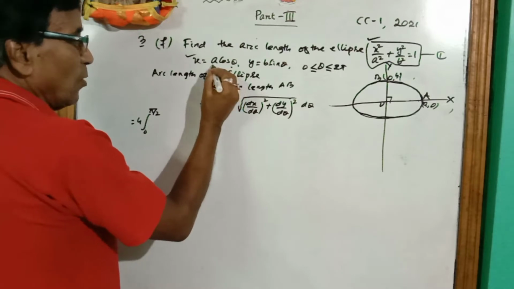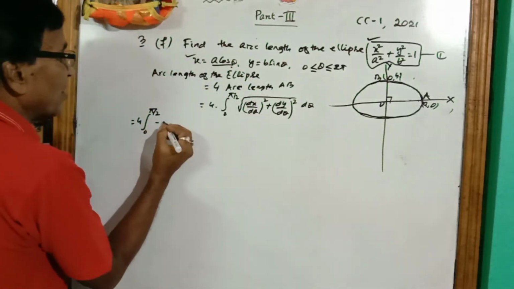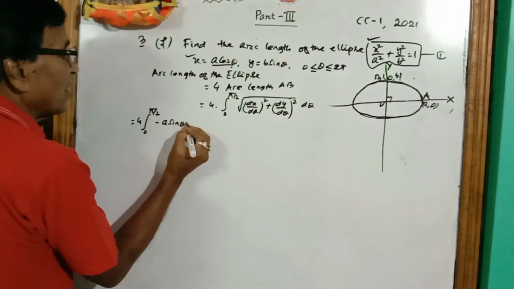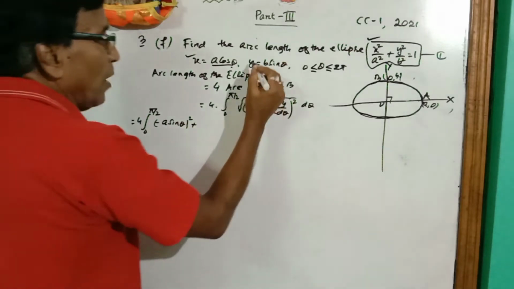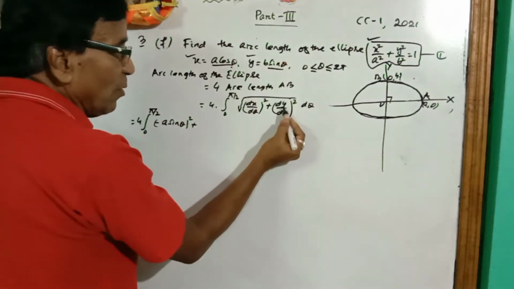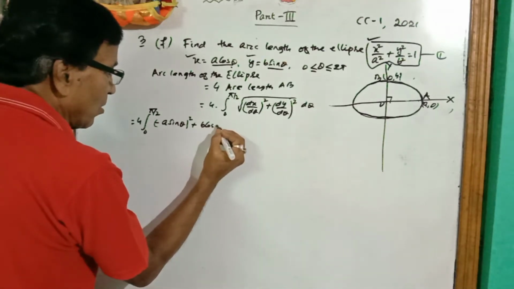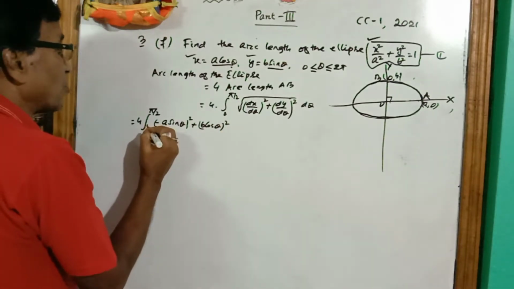With x equal to a cos theta, what is the value of dx by d theta? Minus a sin theta, whole squared, plus y equal to b sin theta, dy by d theta equal to b cos theta, whole squared, its square root